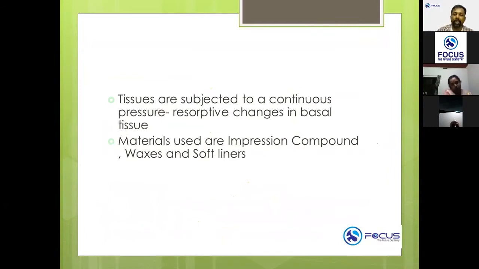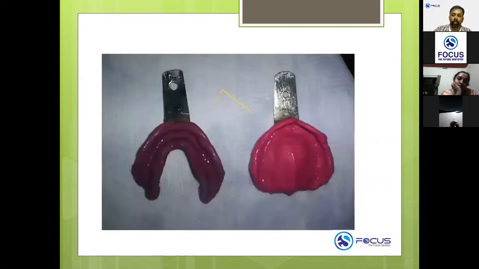Again, these tissues are subjected to continuous pressure, and that can also result in resorption of the basal tissue or the basal bone. The materials used for mucocompressive impression techniques are impression compound and waxes. Impression compound and waxes are both mucocompressive impression materials. So the primary impression that we frequently take,